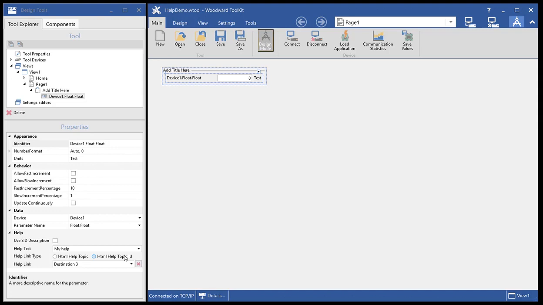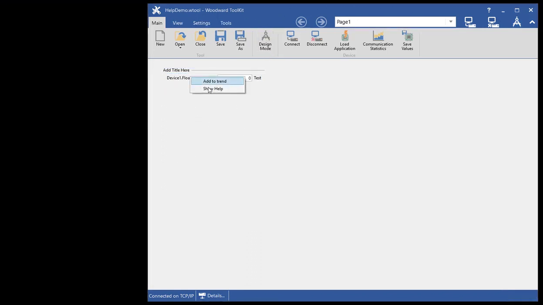You can either have HTML help topics or HTML help topic IDs for HTML help files. Okay, so I'm going to select HTML help topic, and then I'm going to select one of the topics that it pulls from the help file for you. So I'll just select that. If you want more information on how to create help topics or help topic IDs for HTML help, or even for the PDF stuff that I'll show you in a minute, there's all sorts of help online on how to do these things. So now that I have my link there, I can go ahead and go out of design